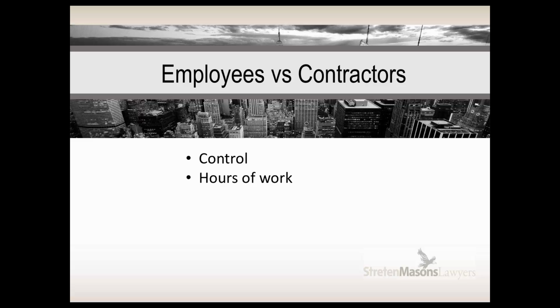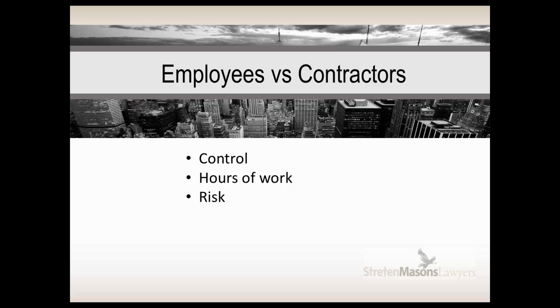The other indicator is hours of work. So obviously with an employee, they're generally set hours. Obviously casual is not, but an employee expects to be working a certain period of hours each week. Whereas an independent contractor, that's under the agreement that they reach with the head contractor, and they get to decide how many hours they're going to work on a particular job, because all they're doing is completing a specific task. So if they want to go fishing at 3 o'clock, they can head off and go fishing at 3 o'clock. If they want to start at 4 o'clock, then they can do that.